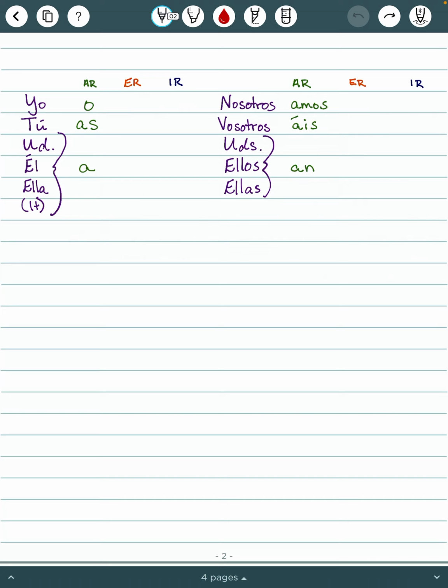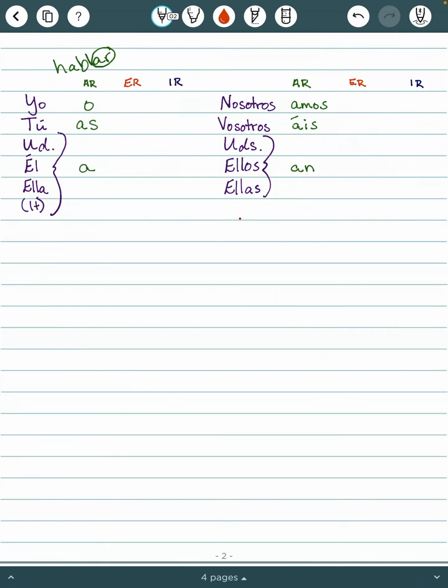We're going to take off that AR, add our new endings based on who we're talking about. So if I want to talk about different people speaking Spanish, I need to know that my verb is hablar, and then I'm going to take off that AR and replace it with the endings. If I want to say I am speaking Spanish, I'll say hablo español. If I want to say we are speaking, hablamos. So we're already aware of that.